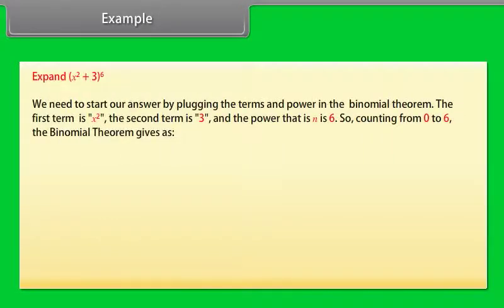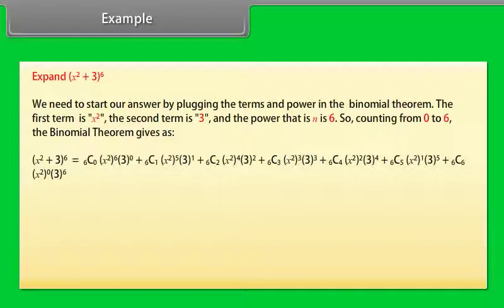Example: expand (x square + 3) raised to power 6. We need to start our answer by plugging the terms and power into the binomial theorem. The first term is x square, the second term is 3, and the power, that is n, is 6. So, counting from 0 to 6, the binomial theorem gives (x^2 + 3)^6 is equal to 6C0 into (x^2)^6 into 3^0 plus 6C1 into (x^2)^5